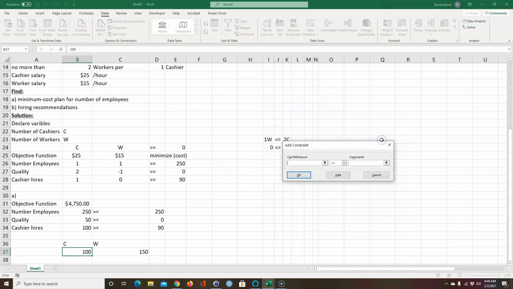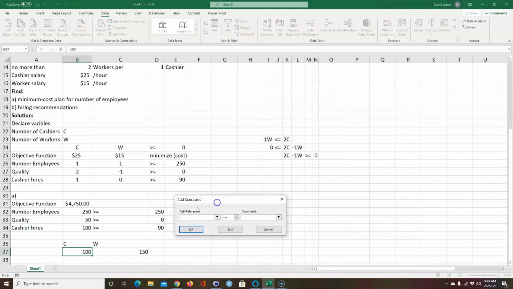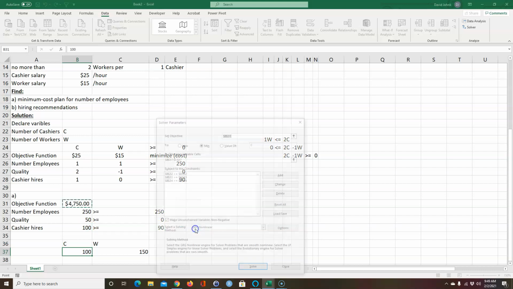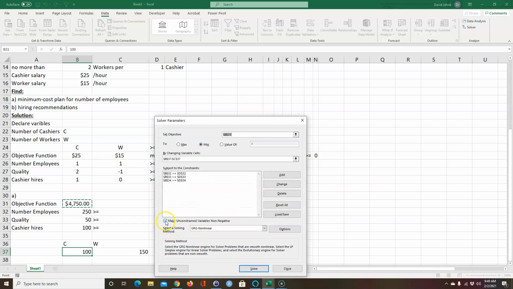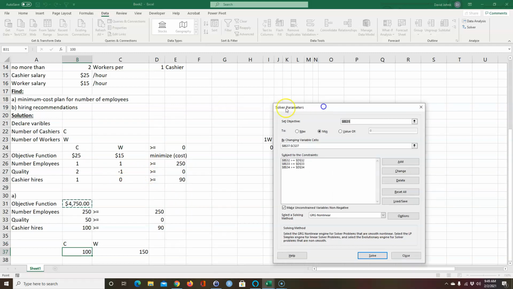So I want to add some constraints. I want to say that this is greater than or equal to this. I'm going to add another constraint. I want to say this is greater than or equal to this. Add another constraint. I want to say this is greater than or equal to this. Then we go OK. Make sure this is checked because that makes sure that we're staying